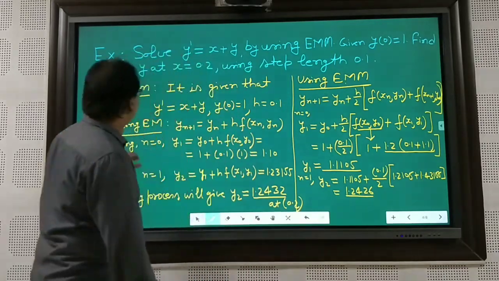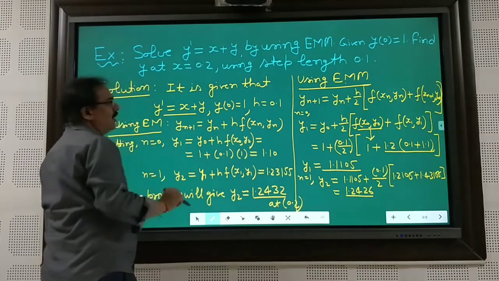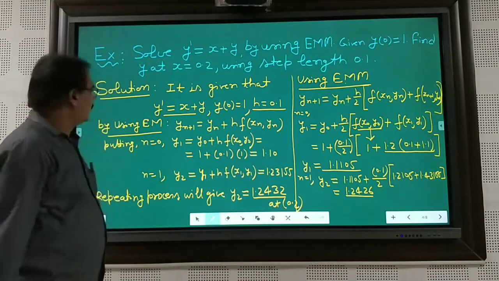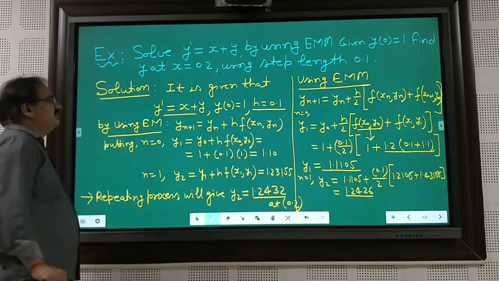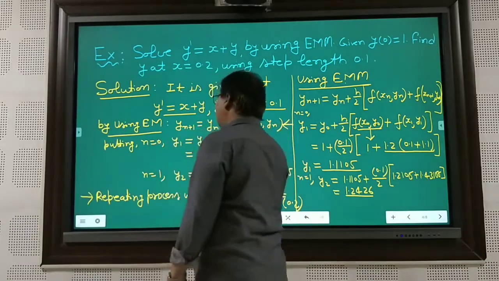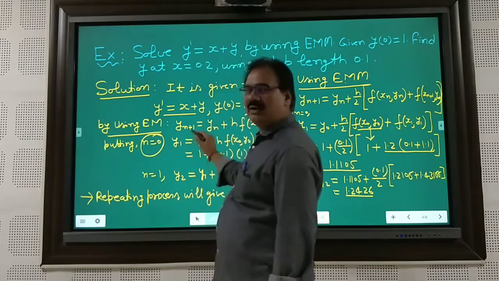So now you look, it is given that y dash is equal to x plus y, y naught is equal to 1, and the step length is also given, that is 0.1. So by using Euler's method, we know the formula. This is the formula with Euler's method, and after putting n is equal to 0 here, you may develop this